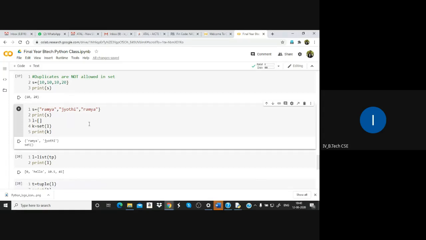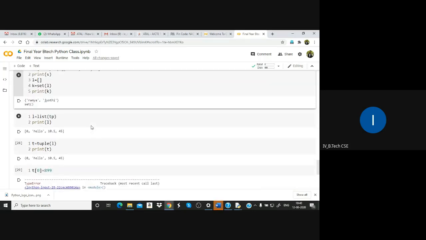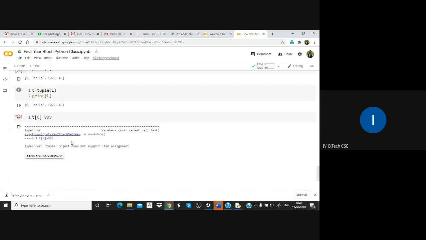And you can apply different operations like union, intersection, and difference on sets. So let us see the set operations today.